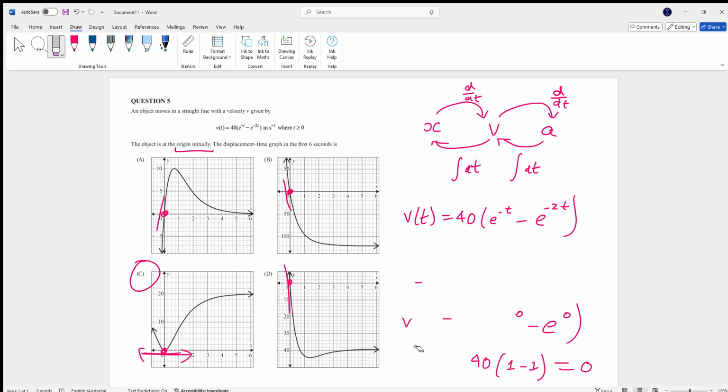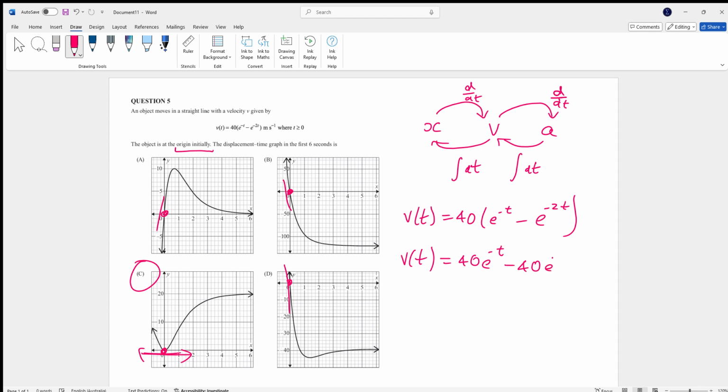Now, to prove it, you could also integrate this. So you would multiply that out. So you'd have 40 e^(-t) minus 40 e^(-2t). When you integrate that, you divide by the derivative of the inside functions and then integrate the outside like normal. So that first one will be x equals negative 40 e^(-t), because you divided by the negative 1. Then here you're going to have negative 40 divided by negative 2, so positive 20 e^(-2t), plus c. And then when t is equal to 0,